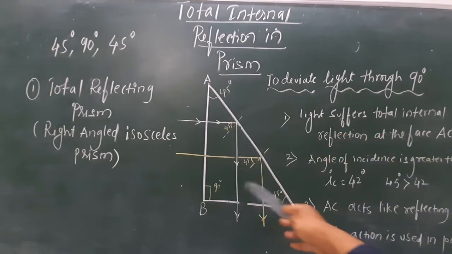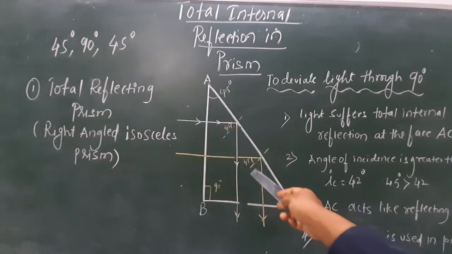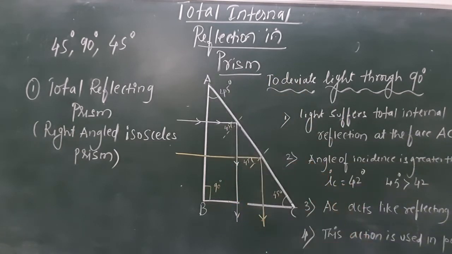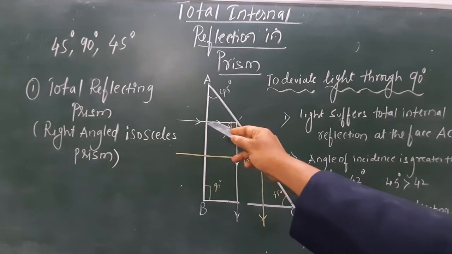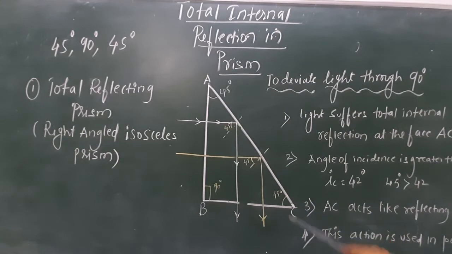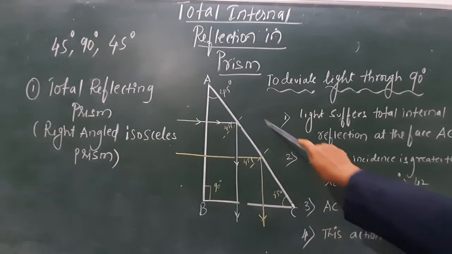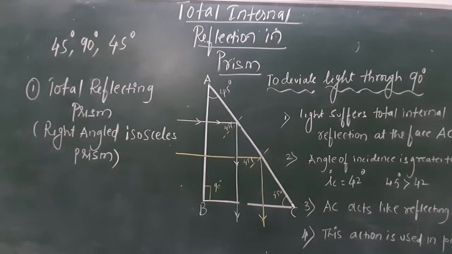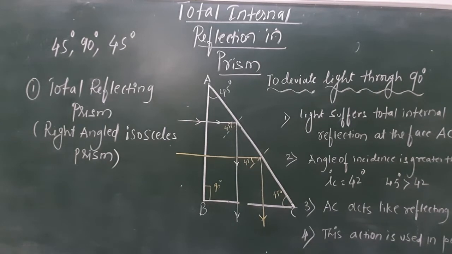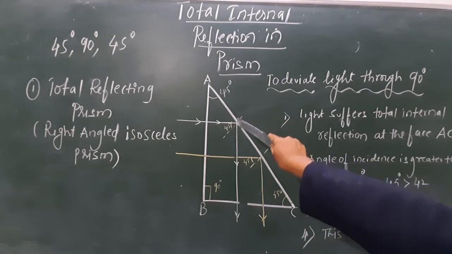Once I arrange it in this manner, because it is a right angled isosceles prism, I'll take the right angle as its refracting surface. The ray of light travels from there and, as I just explained, it will try to strike the hypotenuse AC, but it will not refract out. As I said, for the air and glass pair, the critical angle of glass is 42 degrees, and here it is striking at an angle of 45. So it is 3 degrees more, so the ray of light will strike and get reflected exactly.